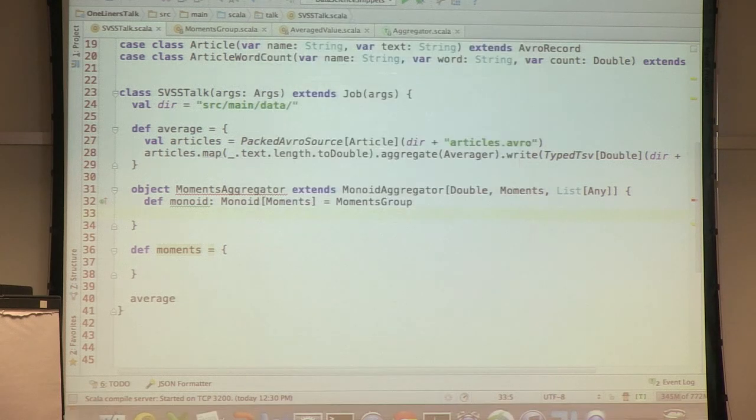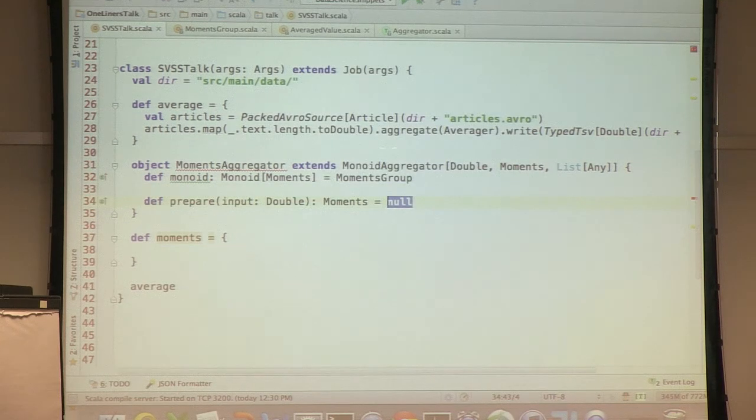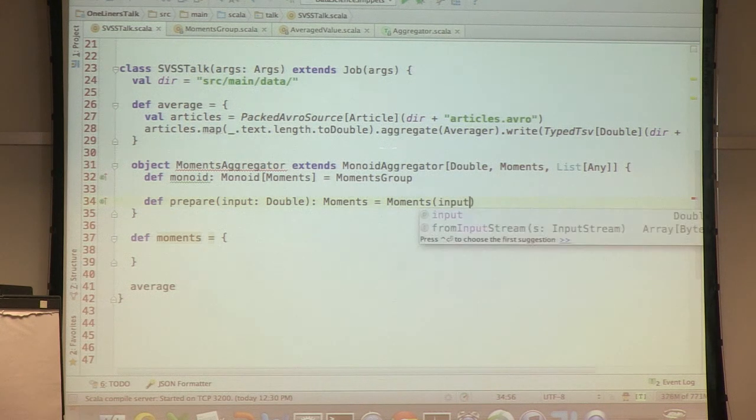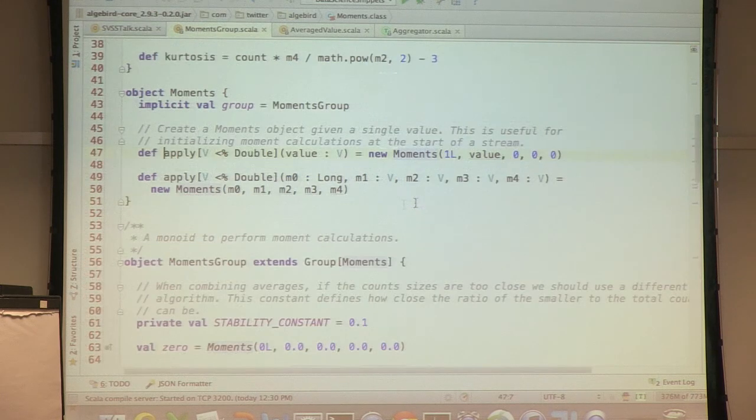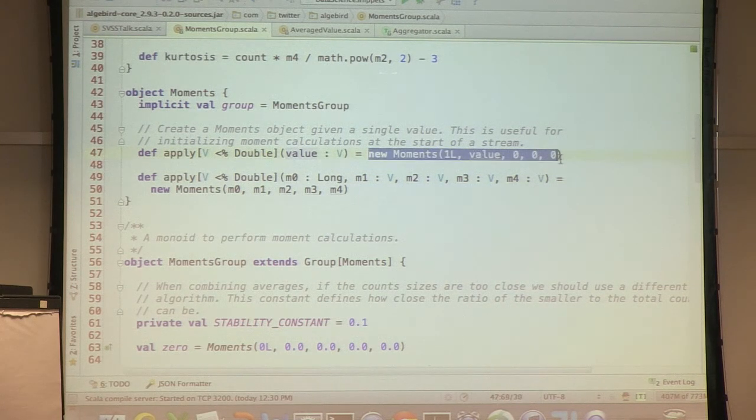And we have the prepare, so we need to take this double that we get and somehow create a moment out of it. And actually, moments has an apply function, which, as we can see, takes a single value and returns a moment object. You can look at it as the zero of the monoid.